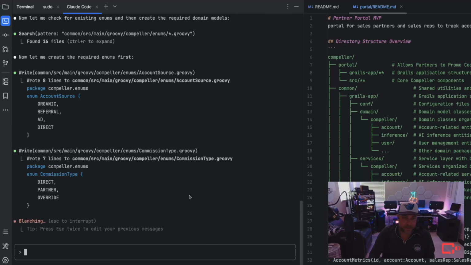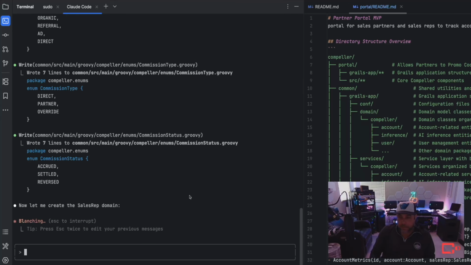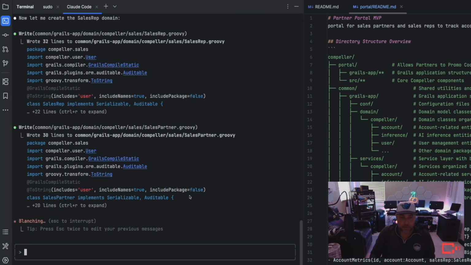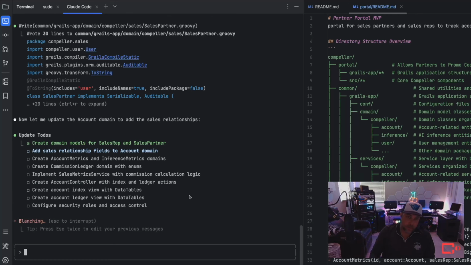Okay, I like that. It understands where my enums are stored, and it's putting them in the proper place. Completely different package than other things. Our instructions are working well. It's implementing the audit. Nice. I didn't tell it to, but I guess it looked at my other domain classes and saw that I have an audit log in there. Now this is where knowing is knowing.